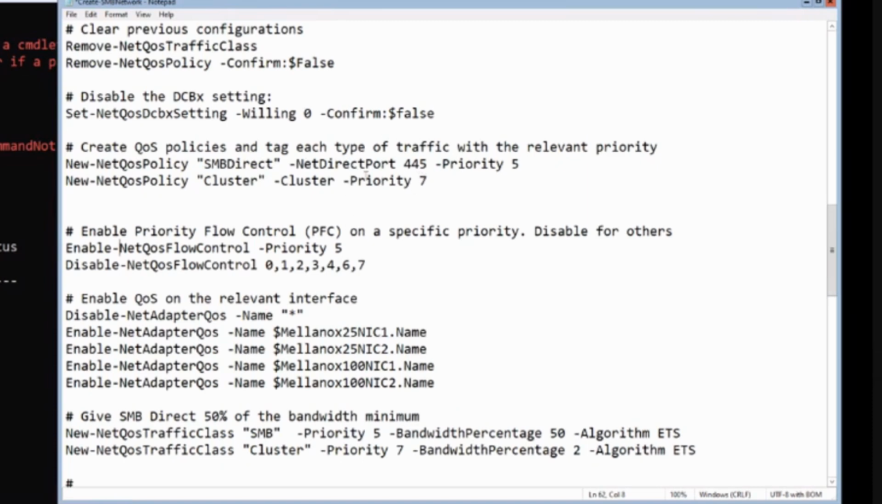Because the cluster traffic is TCP/IP traffic, and if you drop TCP/IP packets, they will be resent. That's the beauty of TCP. So then I turn off all the QoS policies on all adapters, also on the Intel adapters and on all Mellanox adapters, and then I select the adapters where I enable the